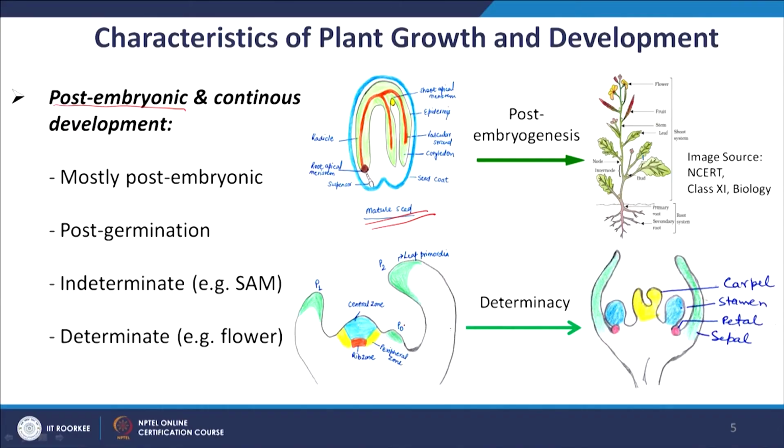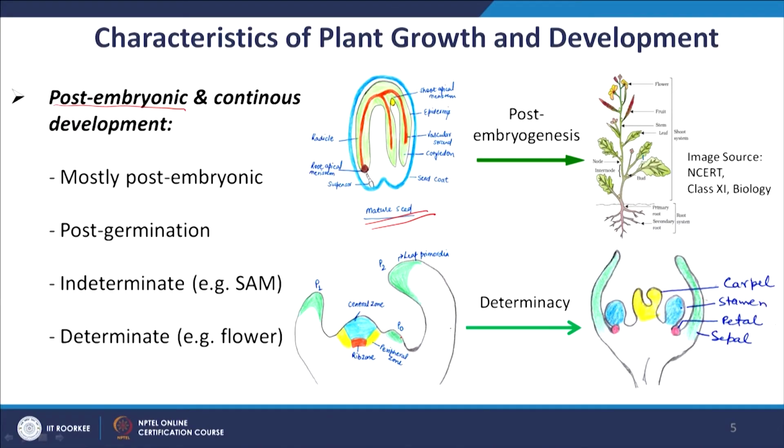And sometimes this is also reversible. Sometimes indeterminate growth may convert into determinate growth. For example, if you take the case of flower development, typically the inflorescence is the meristem which is indeterminate in nature, but when the inflorescence meristem makes floral primordia or